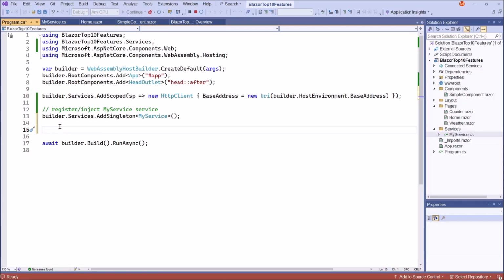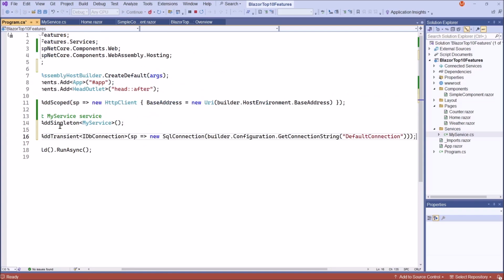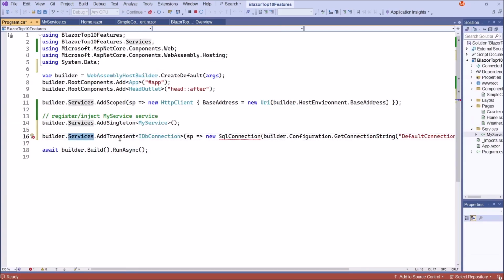At that time, we can register that SQL connection as transient. For example, builder.Services.AddTransient, and this is the IDbConnection, the database connection, and this is